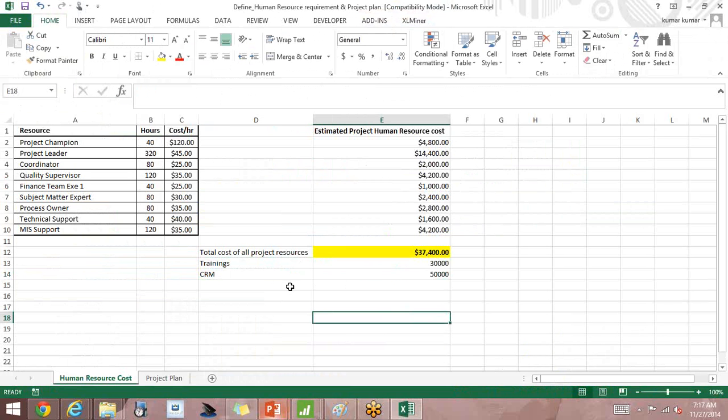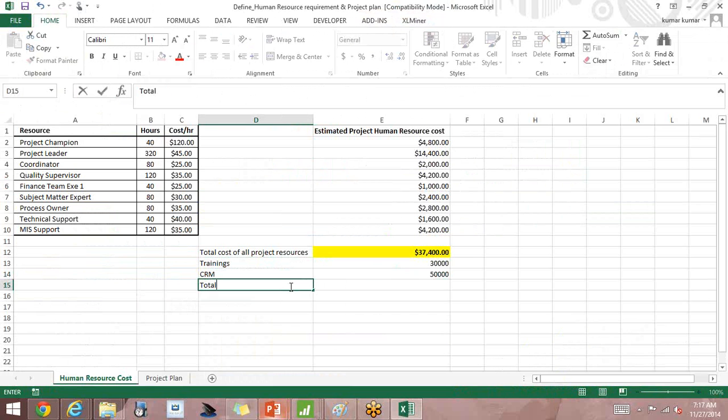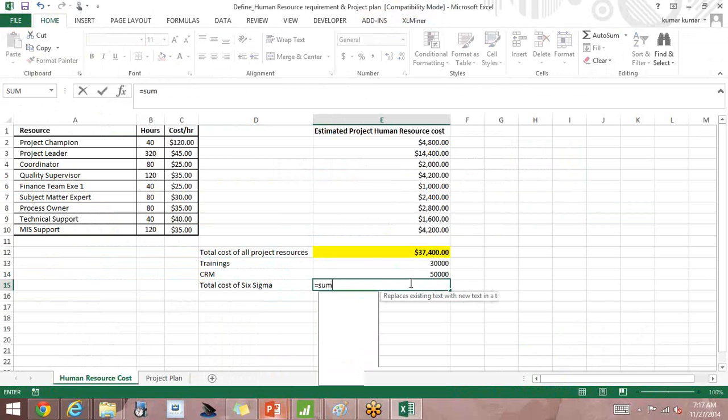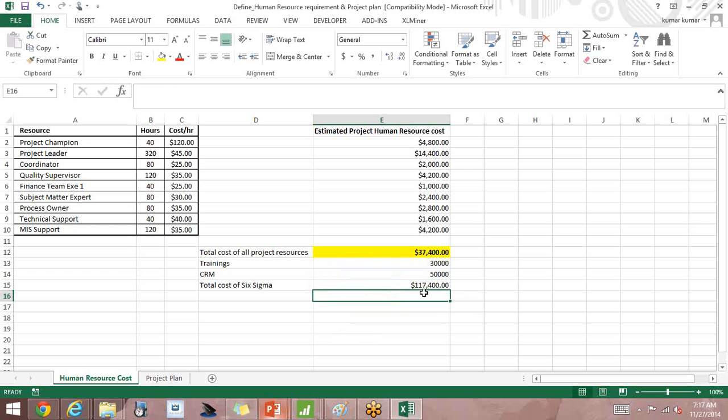So now the total cost of the Six Sigma project will be the sum of all these things. It's 117,400. This is the cost.